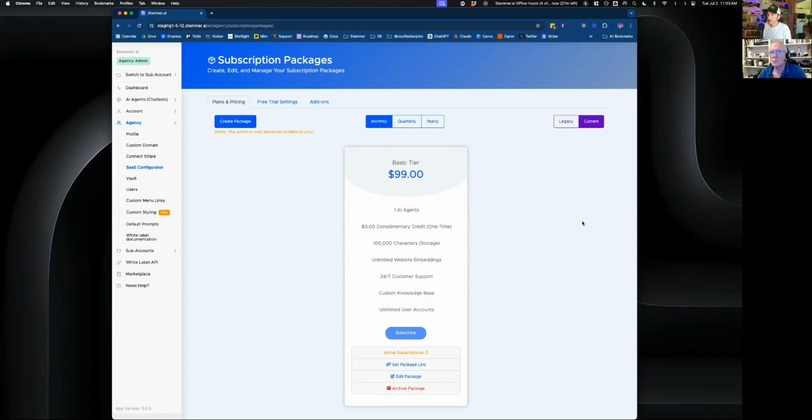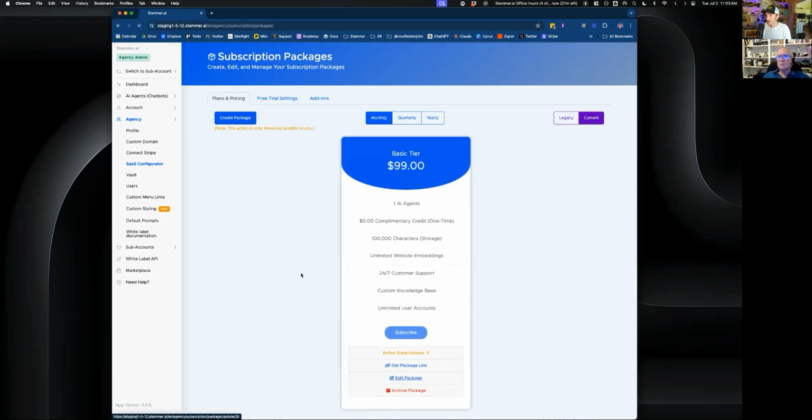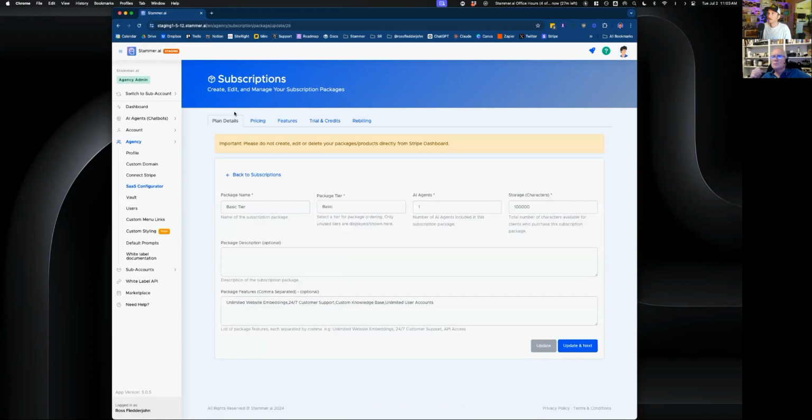Now, the SaaS Configurator allows for a lot more customization and control over those different packages that you sell to your customers. So for example, I'm going to go in and edit a package, and we can see that there's a lot of new options where we can control and modify each different subscription package. Just like before, we can give it a name, we can assign it a different tier. The tier is the different tiers that your subscribers or your sub accounts would see in your dashboard, the 1, 2, 3 options, the amount of AI agents that you would like them to have, and finally the amount of